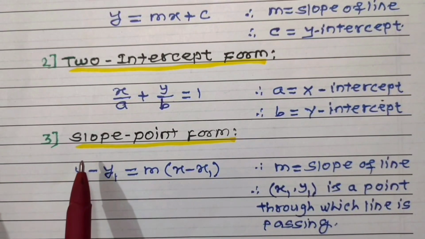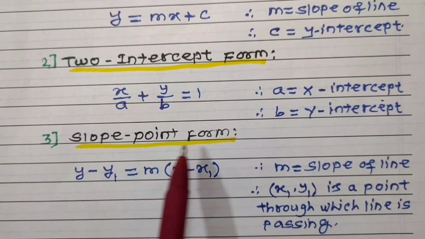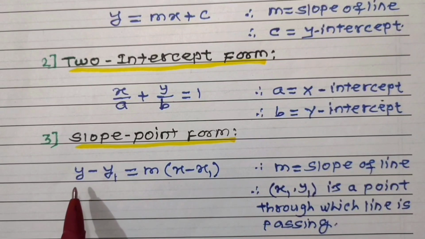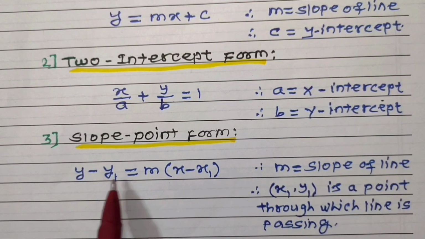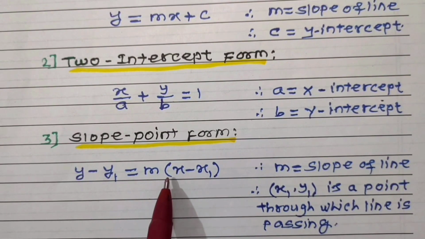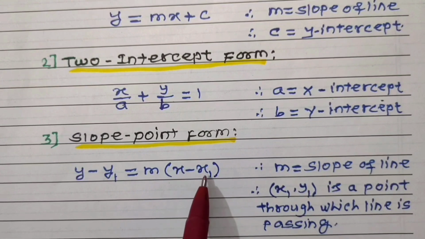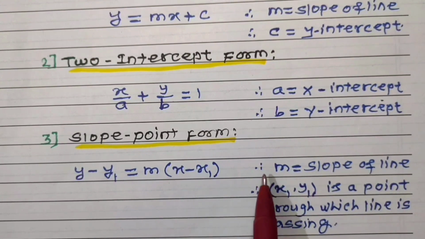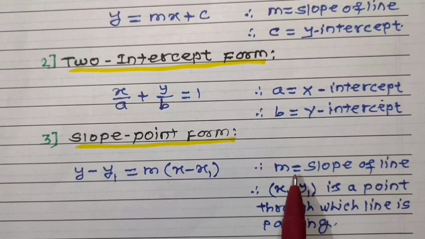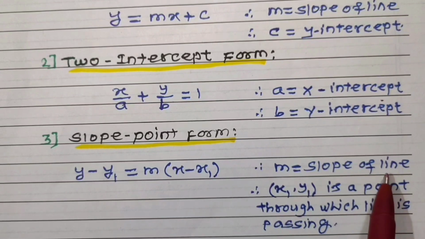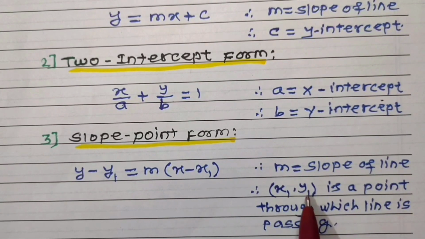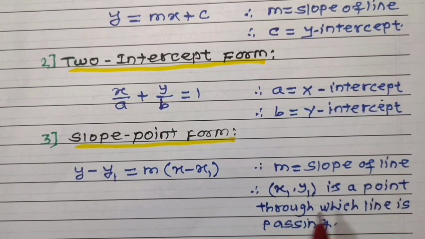Then form number 3, slope point form, which is given by y minus y1 is equal to m into bracket x minus x1 bracket close. Here m is equal to slope of line and point x1 comma y1 is a point through which line is